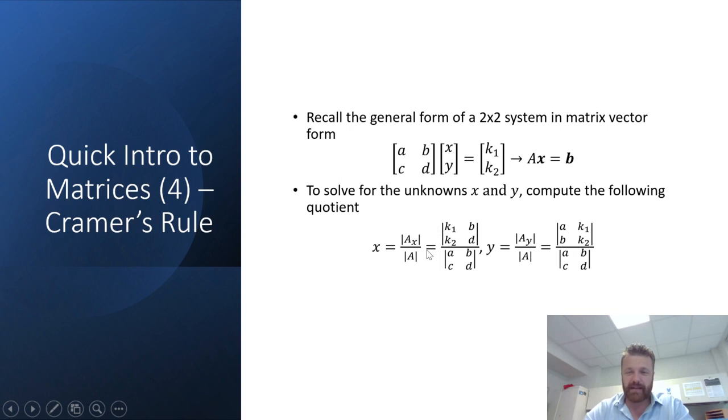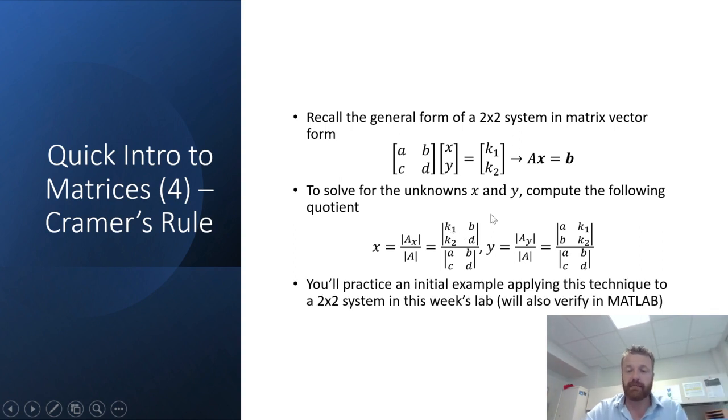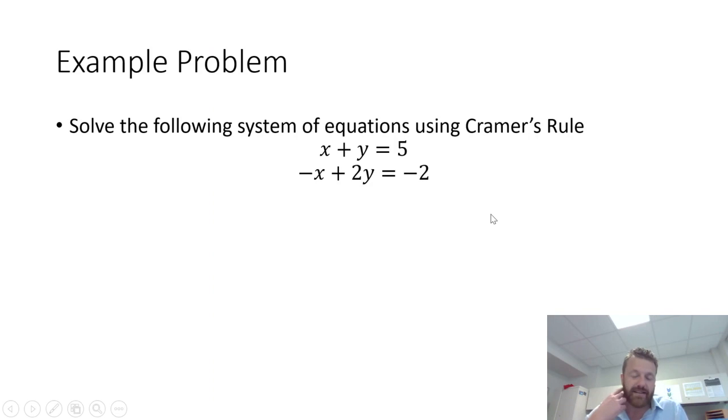So it looks like it's a really complicated formula, but remember, for both the numerator and denominator here, you're just going to compute a determinant, which means multiply on the downward diagonal minus multiply on the upward diagonal. So you'll get some practice on this in this week's lab in MATLAB, but we're also going to look at